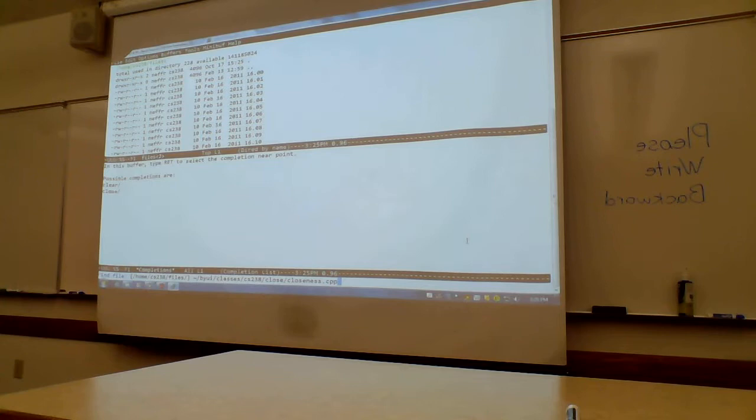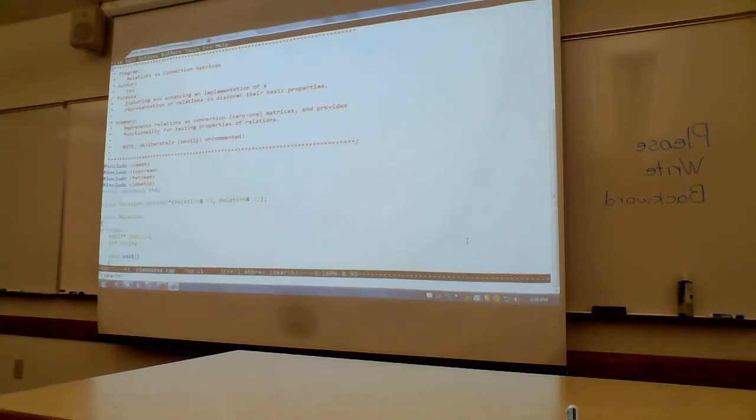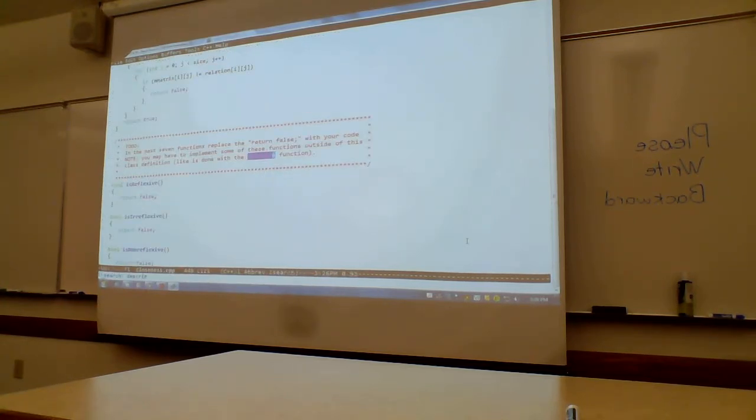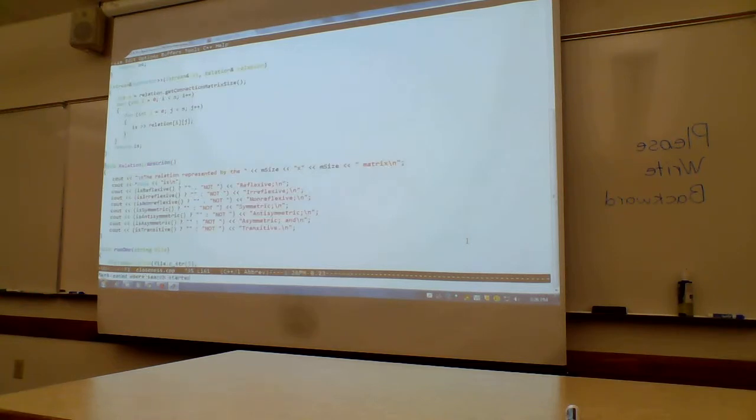So closeness.cpp already has the grammar for you in the describe function. You just have to implement the functions that say whether it is or isn't one of those things. That's helpful. Actually, I want to say that describe doesn't exist. Maybe I'm wrong. No, it is there. Oh, it's just a stub in the CLI.